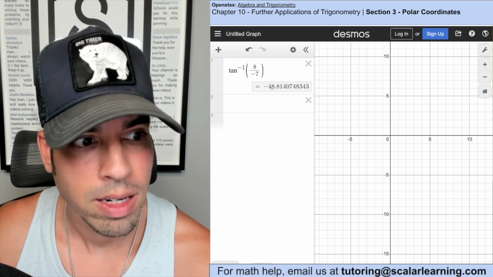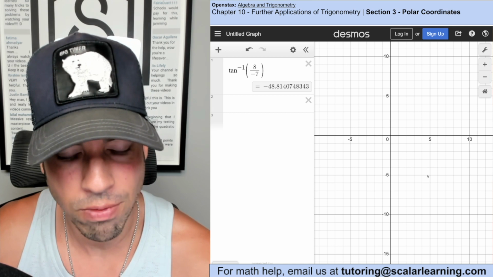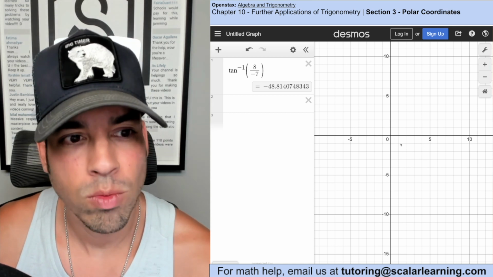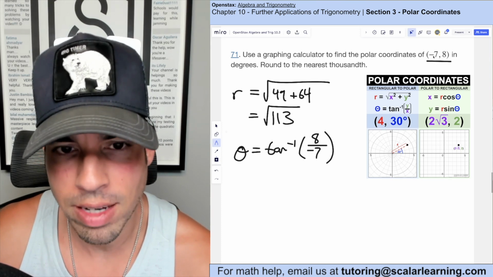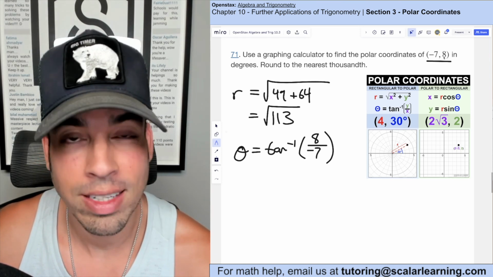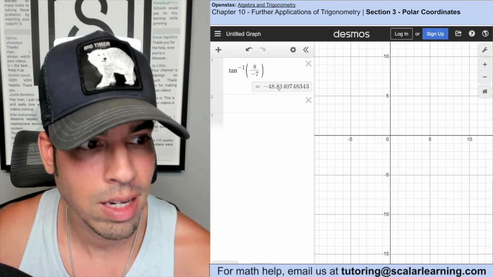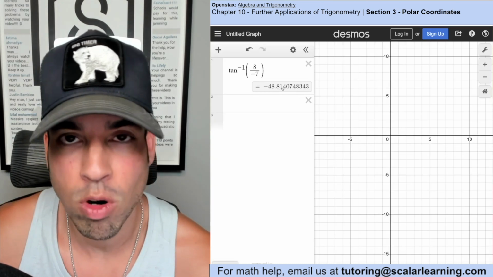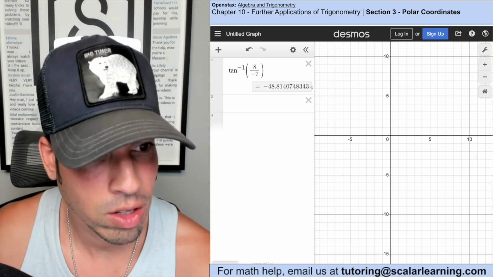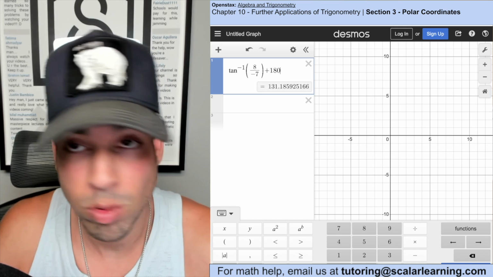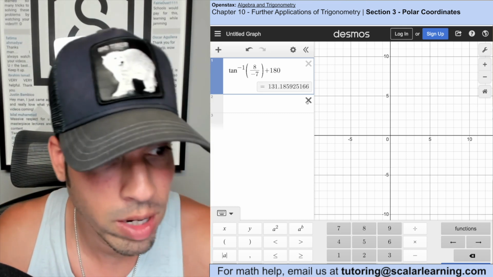But here's the thing. Negative 48 is actually going to occur in this fourth quadrant, right? And we don't want it in the fourth quadrant. If you remember back to the original coordinate, negative 7, 8 is actually in the second quadrant. So what we need is the same value, but in the second quadrant, same reference angle, basically. So to get that, we can take this value and we add 180 to it. That puts us in the second quadrant with the exact same reference angle. So now we have